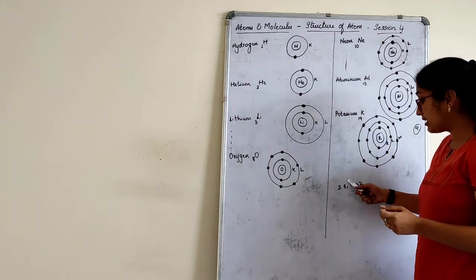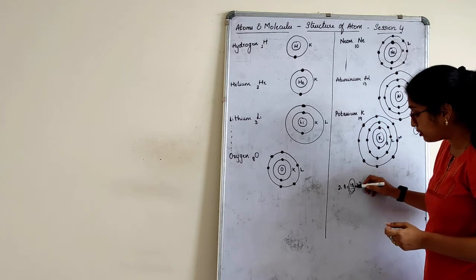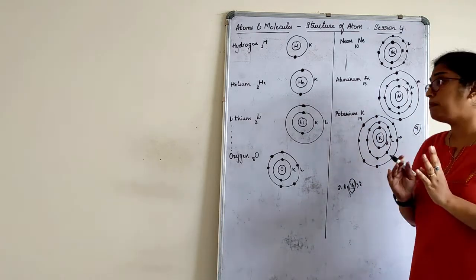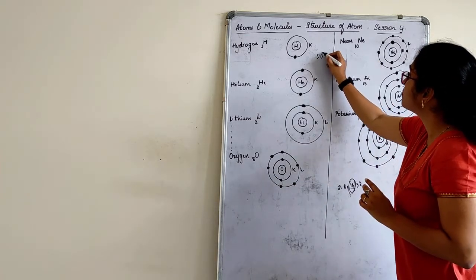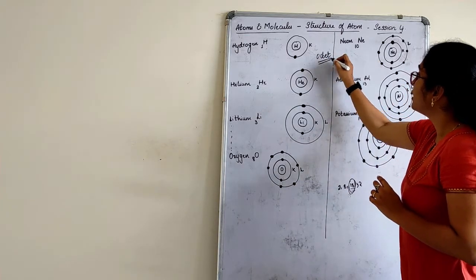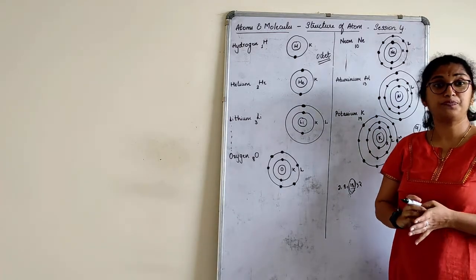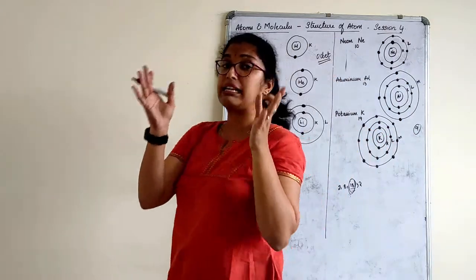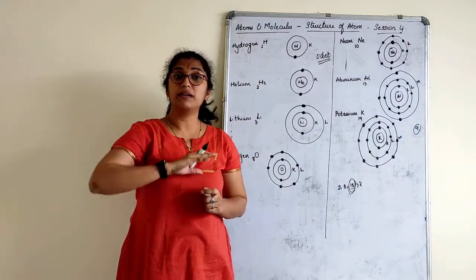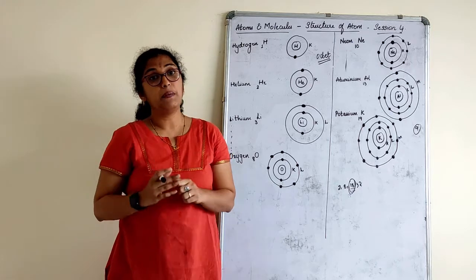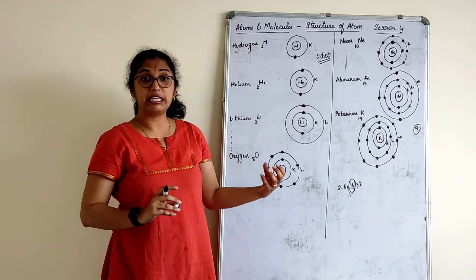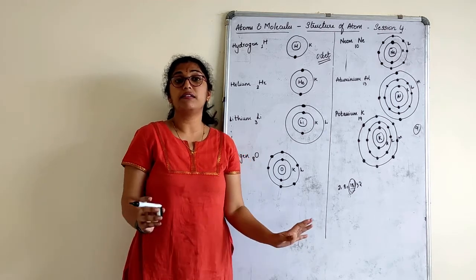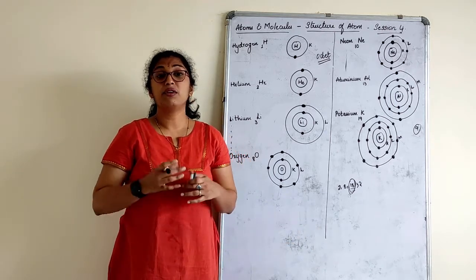So, though it has a capacity of 18 electrons, it can only fill 8 because 8 is a complete octet structure. Now, what do you mean by an octet structure? Every configuration, when 8 electrons are filled, that becomes a complete structure. Do you remember me telling you that some electrons are very stable, they do not take part in chemical reactions at all? That means they do not want anything.